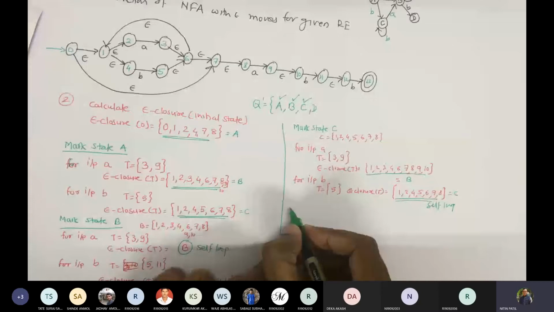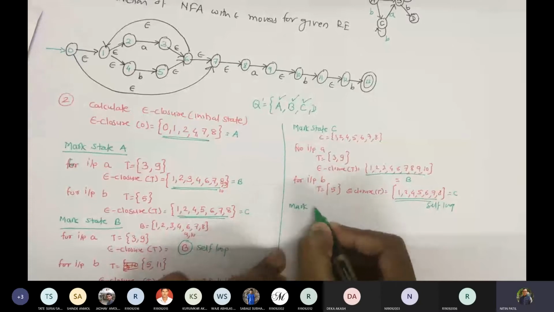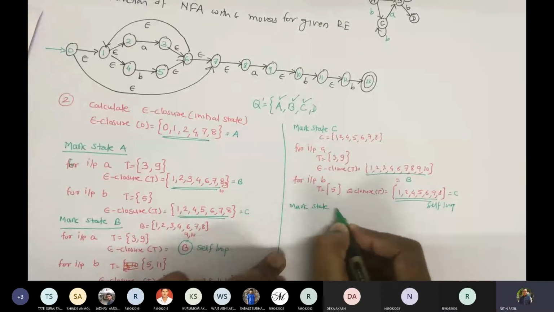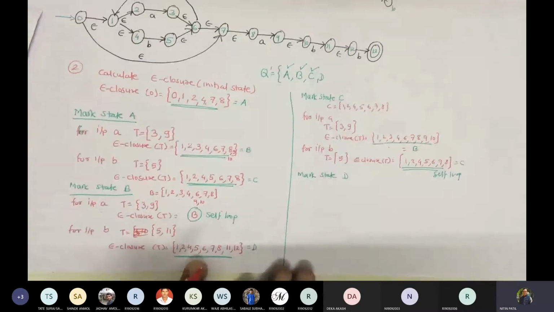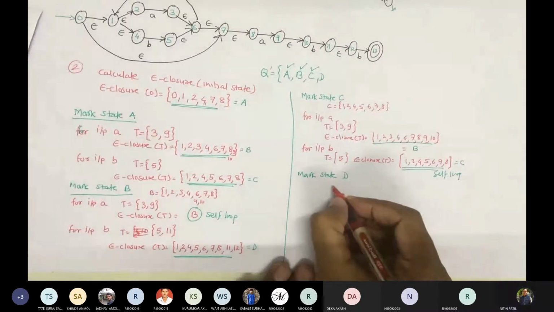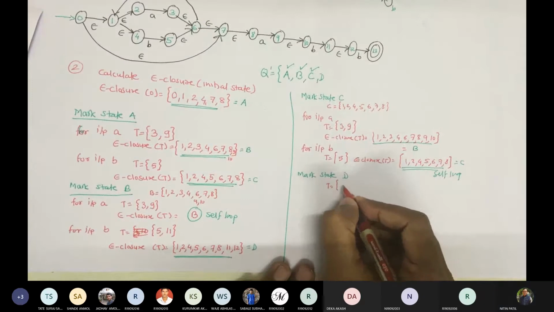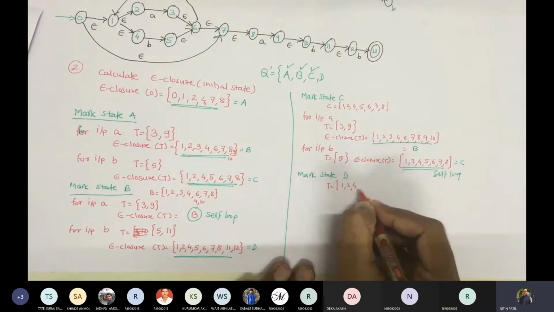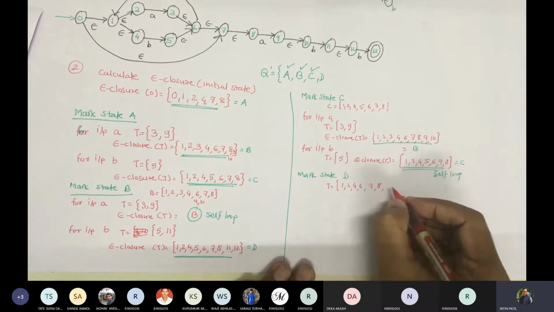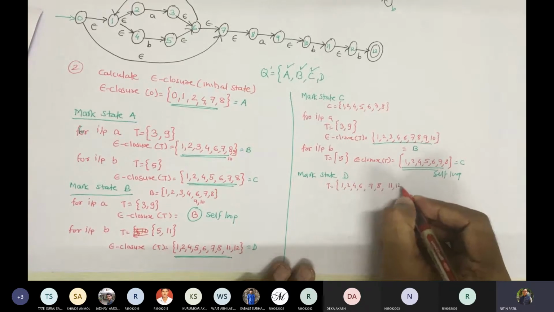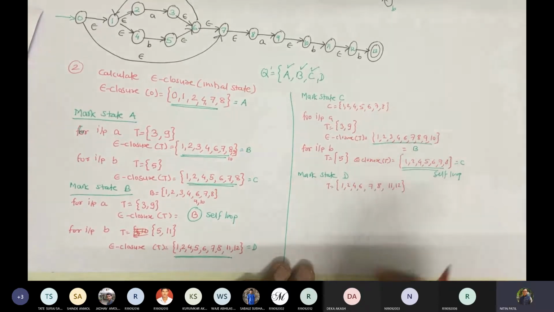Now let us write: mark state D. What is D? We got D as this. So T is equal to 1, 2, 4, 5, 6, 7, 8 and 11, and that's why 11 and 12. Correct.